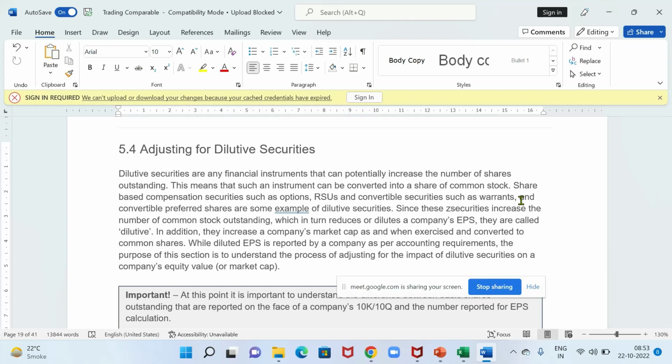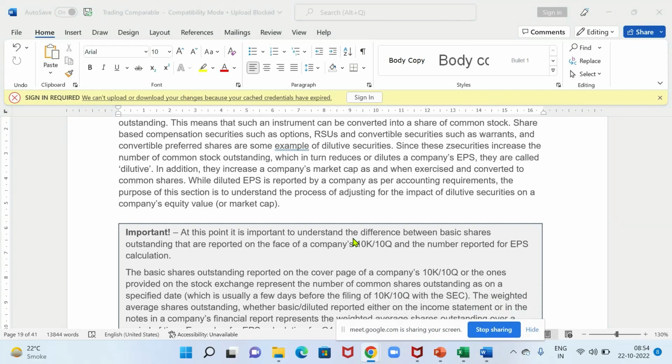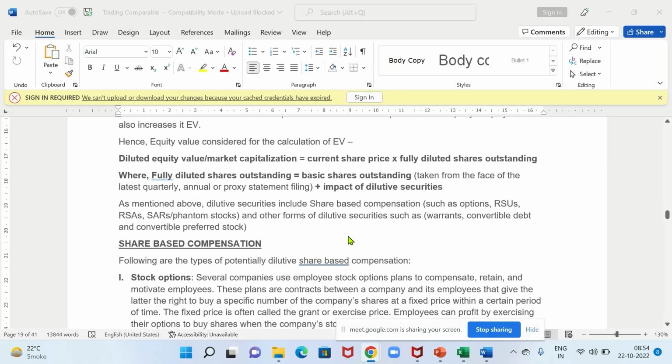So there could be similar kinds of activities that have happened during the course of the year. So it becomes very imperative to take the total average equity shares while computing EPS. We'll come back to it later. So I'm just giving you a perspective on it. Trust me, we'll go into more depth. First, let's focus on understanding what is share-based compensation.